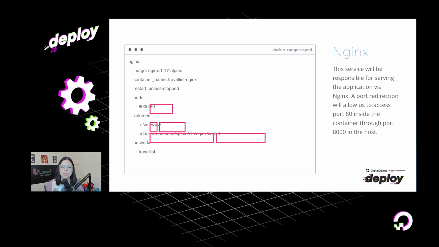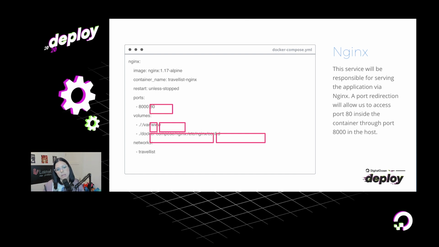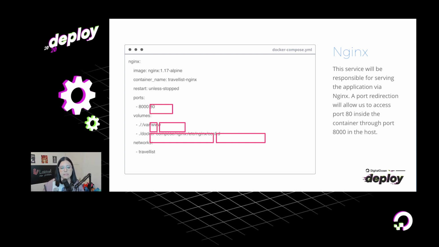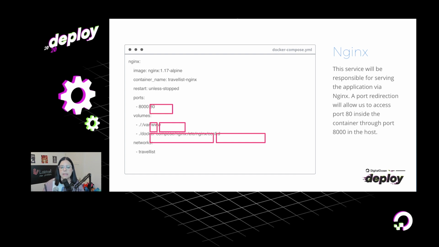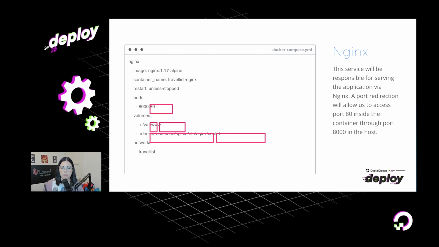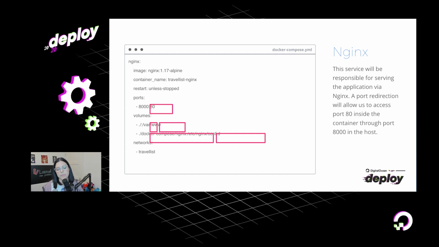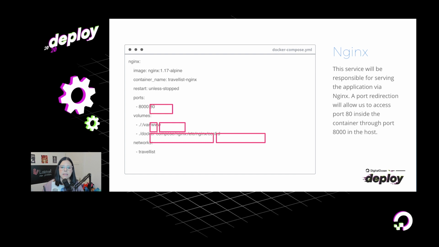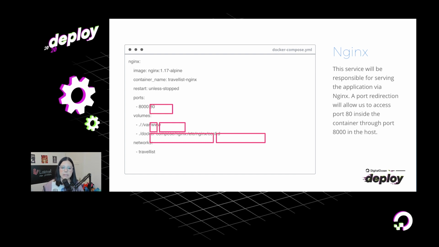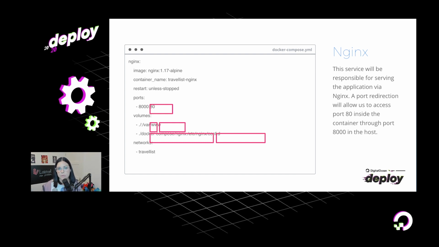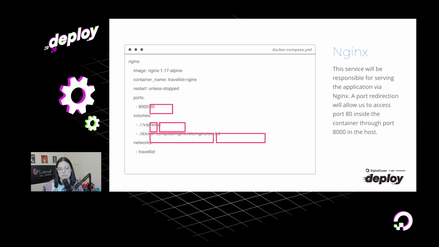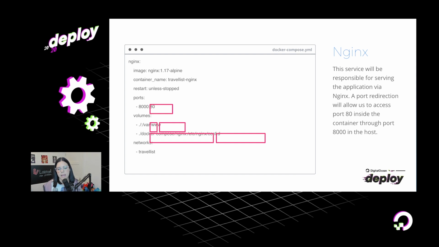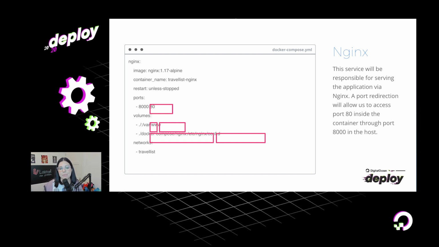And then we have the volumes definition. And we share the application folder inside /var/www in the container. And then we have the configuration file as well. In this directory of the application, I included a docker-compose directory with an nginx and a mysql directory, each containing the specific configuration files for those services. This could be named differently, but it's just how I found it was better.